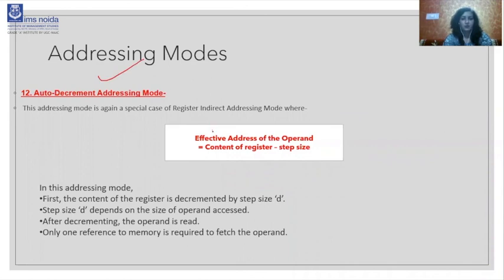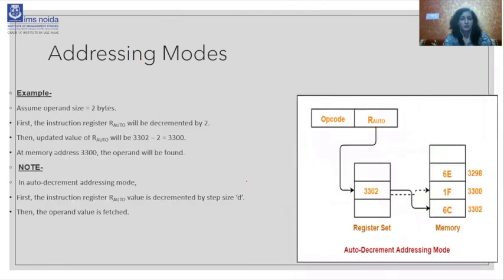This is the formula: effective address is the content of the register minus the value of D, which is the step size. We have already discussed this. It is the same example, but what is the difference between increment and decrement? Now it will be decrement. Suppose this is our instruction, and at 3302 we are now here. We have to check the operand. Now we have to decrement by 2, because the step size mentioned here is 2. Clear? Now again decrement, and now it will be here. Clear? So that's all about the